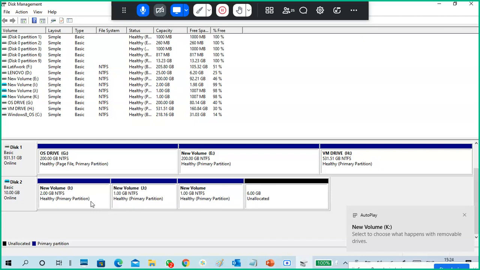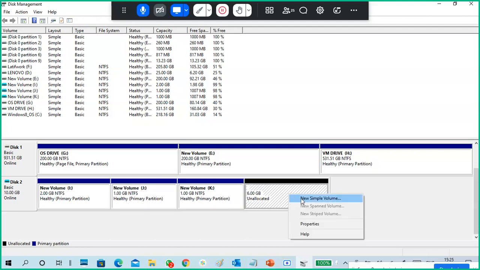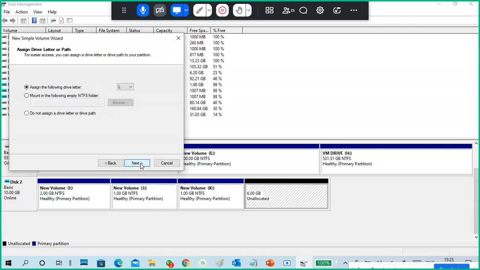But from Windows Vista, 7 onwards, or 2008 Server onwards, it won't ask you. Automatically the first three partitions are primary partitions, and the fourth one automatically becomes an extended partition.